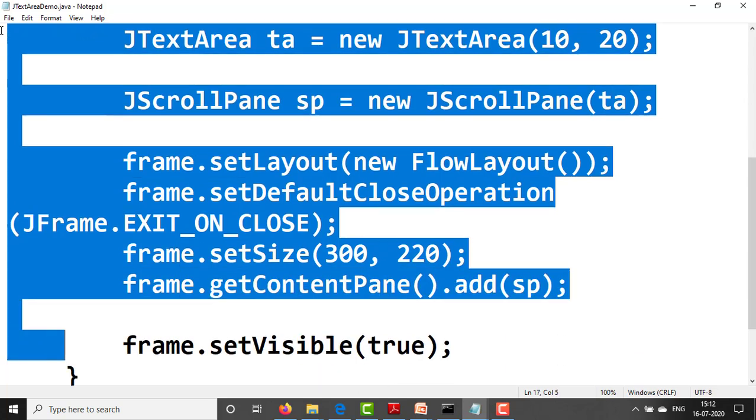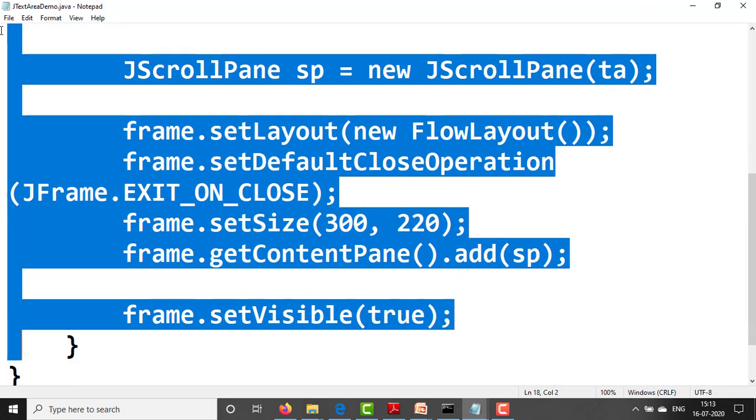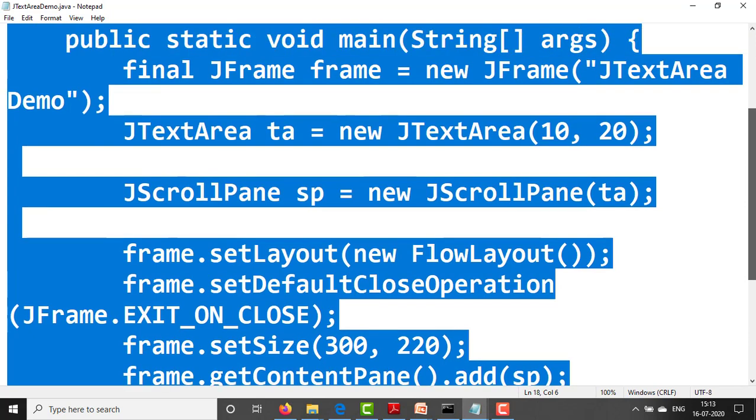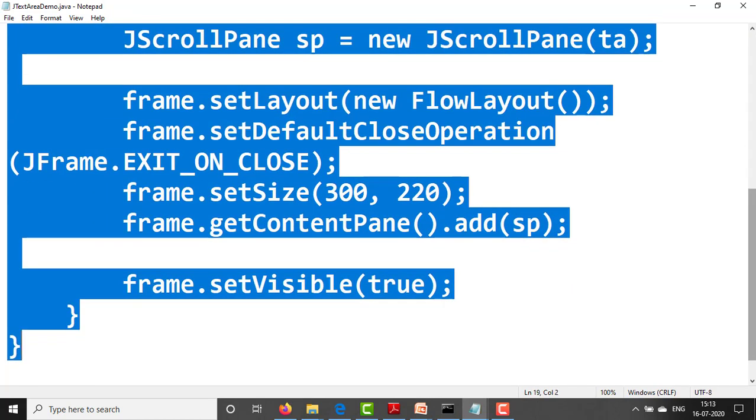Next, by default the frame is not visible, to show it on the screen we need to pass true: frame.setVisible(true), like this. Close the main method, and close the class.